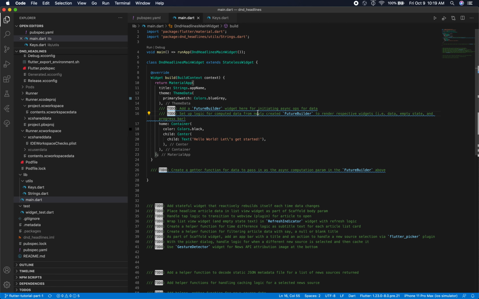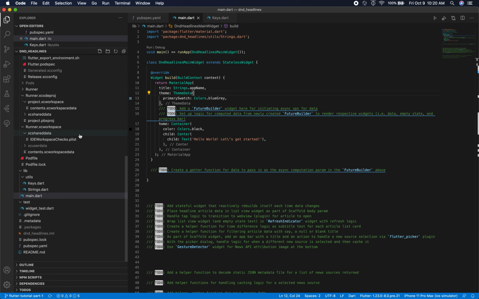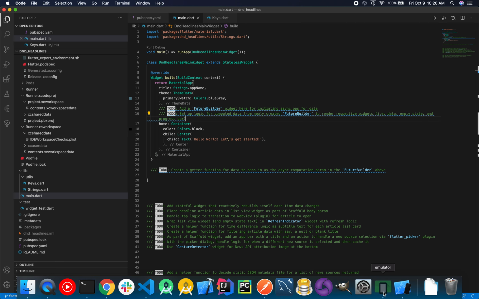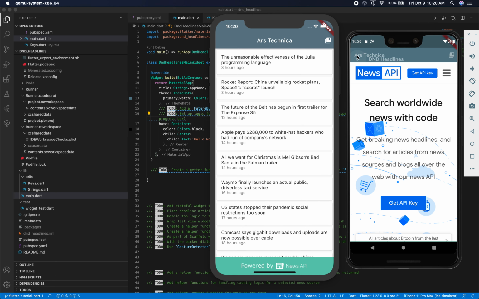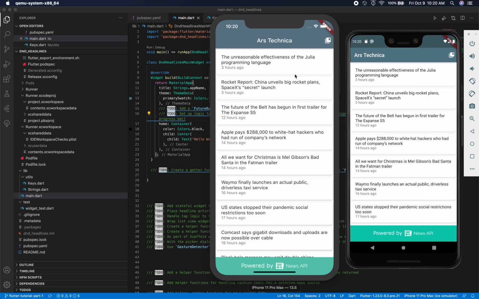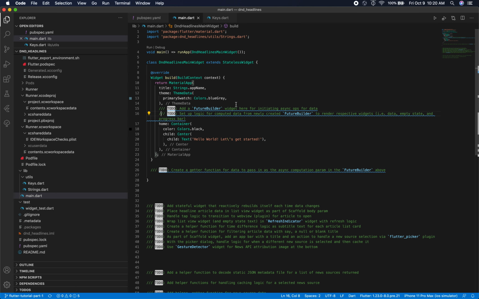So as you see here, I'm using VS Code just to utilize the cross-platformness, just because we'll be opening up some Android and iOS files, as well as some other files that other IDEs will not recognize, and just running the simulators or emulator here. Okay, cool. So the objective of this video is to basically pull down